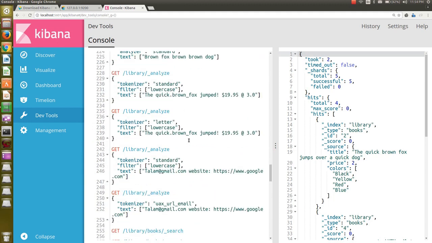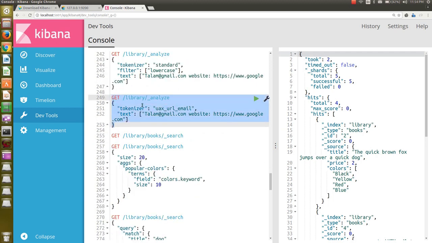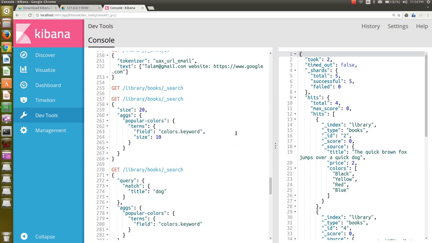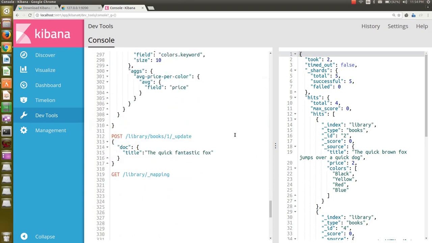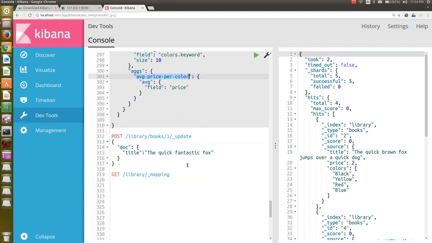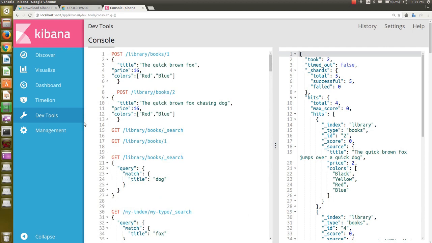So we have multiple options like analyze, and you can say what documents you have, how the Elasticsearch works. You can always go to the documentation and work on it. Like you can have aggregations. You want to say, okay, I want the price statistics as a price. In popular colors, I want the color.keyword size should be 1. I want this term, and the aggregation would be under this, that is average price per color. So read the documentation. Now I'm going to demonstrate how to install X